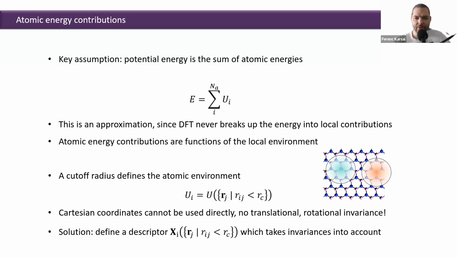So in order to avoid this, we insert the so-called descriptors between the coordinates and the energy, forces, and stresses. These descriptors should take the invariances into account. They will usually transform the neighbor ion positions relative to a central atom, and these are then ultimately invariant with respect to translations and rotations. So these descriptors will be the input in a machine learning function.